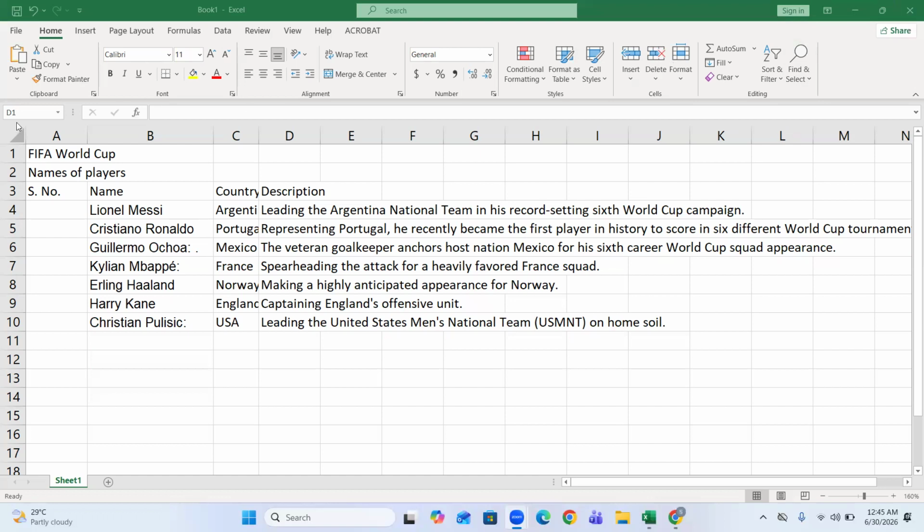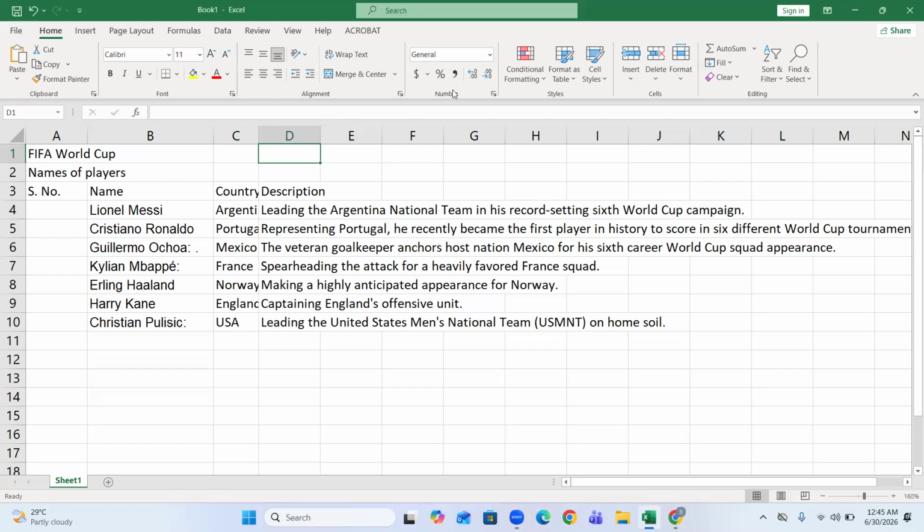Along with that, you can see just below the title bar, that is the menu bar. Like you can see file menu, then we have home, then insert, page layout, etc. And just below this is your ribbon. These are your different options. Then below this, it's a ribbon, and this ribbon has different groups. Like you can see clipboard group, font group, alignment group, etc. There are different groups that are present, and these groups have different options which you can choose, and you can